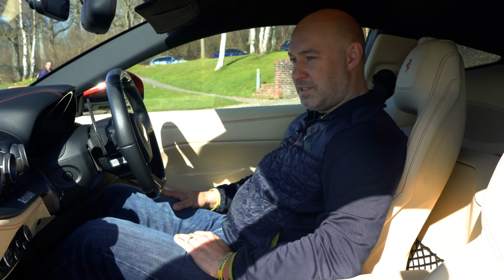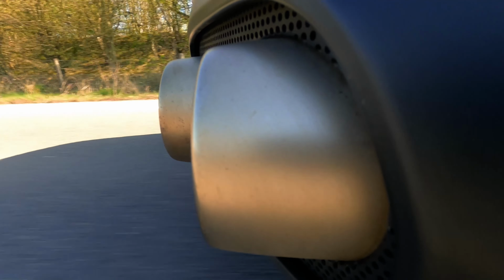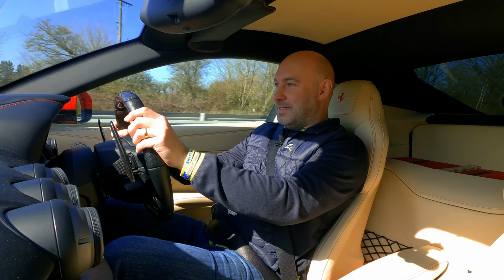So let's now head out, go for a drive. I can't wait for this. So I head over here very slowly, just warming through the car. It's time to get out now and see what this can do. So we're out on the road in the F12. That's everything in second. This car,